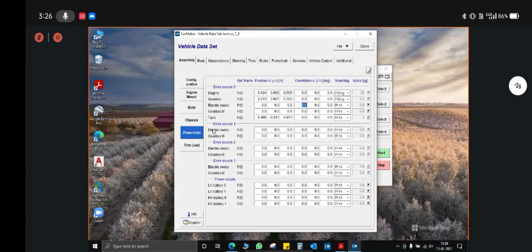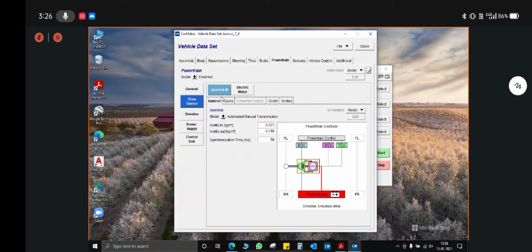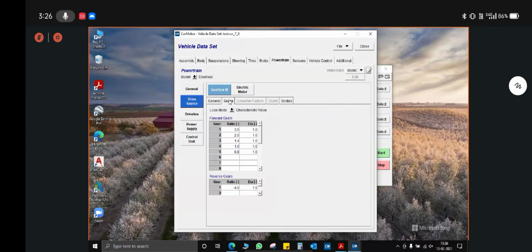And then the gearbox M. Gearbox M also, depending on the type of your system, you can select it here, say for example, manual system. The number of gears you have to put in here. The reverse gear is also available to be put here. Characteristic value or 2D lookup table you can put. In the 2D lookup table, you will have to define the torque loss values of all these gears.